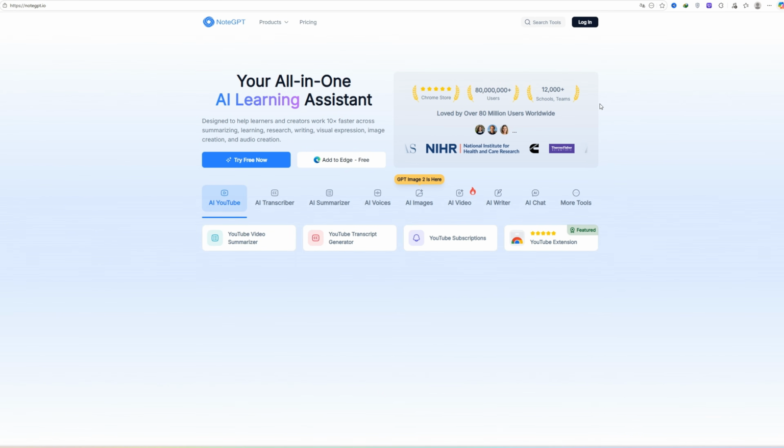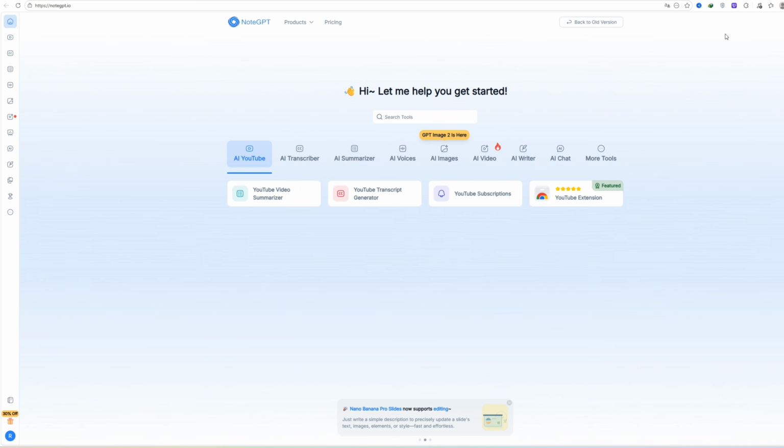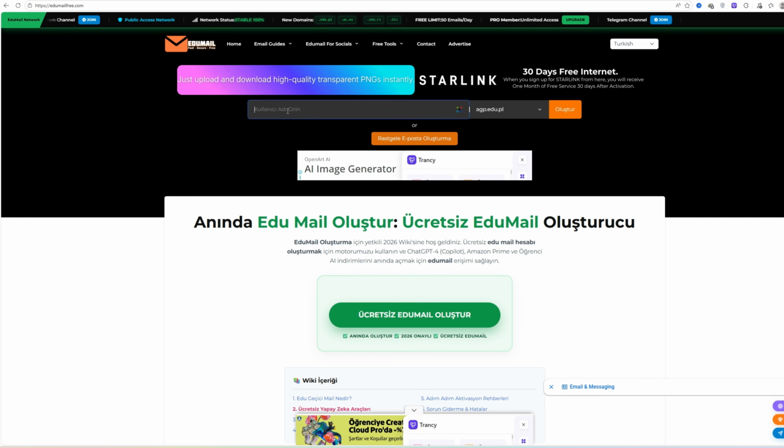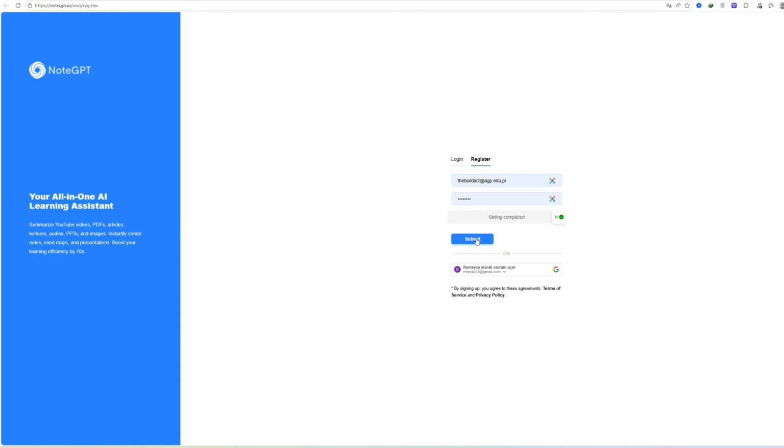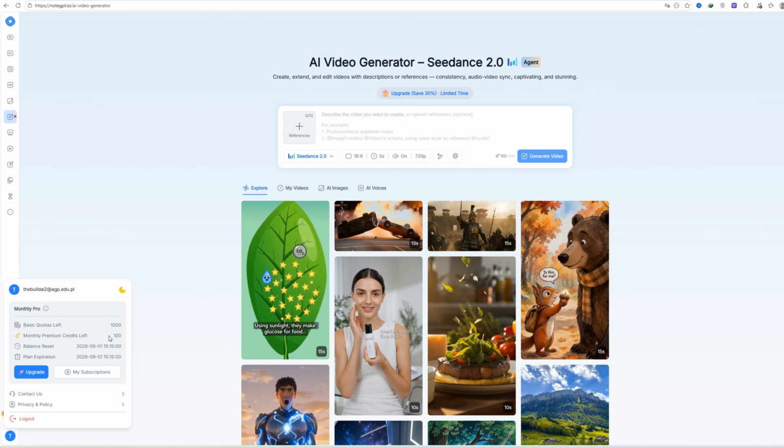Fifth tool is NoteGPT. Here's the thing though. If you sign up with a regular email, you don't get any credits. But if you have an EDU email, you unlock 1 full month of free premium access. If you don't have an EDU email, don't worry. Go to edumailfree.com, grab a free one, and use it to register on NoteGPT. Go to Plans, select Education, click Get 1 month free now, and your account is instantly upgraded with 100 premium